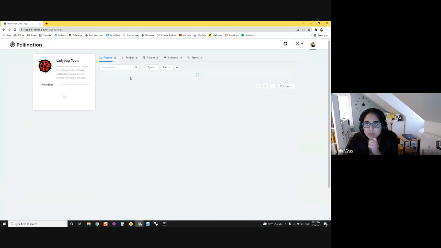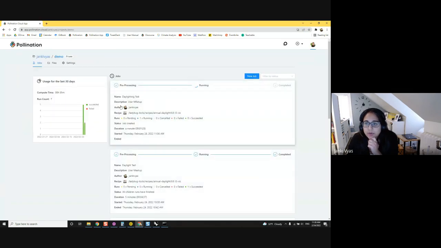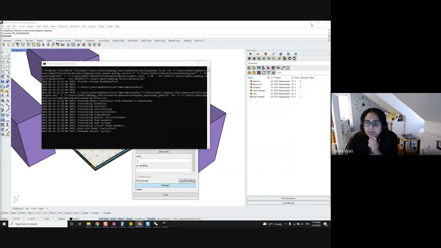So if I go to my page and go to my demo, here's that daylighting study that I sent to the cloud. It's still running, so I'll keep an eye on it. And let's see, energy is also still running. So while that's running,